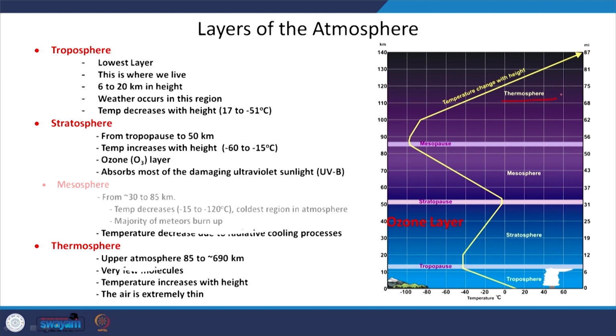Thermosphere is mainly the region where the temperature increases with respect to height. It extends almost up to 690 or 840 kilometers. It is very rarely populated. In the entire thermosphere, you have not much gas molecules or atoms, and temperature increases with respect to height. The air is extremely thin here. So the thermosphere reaches several thousands of Kelvin. This figure does not permit you to see more temperatures, but generally the thermospheric structure is like this.